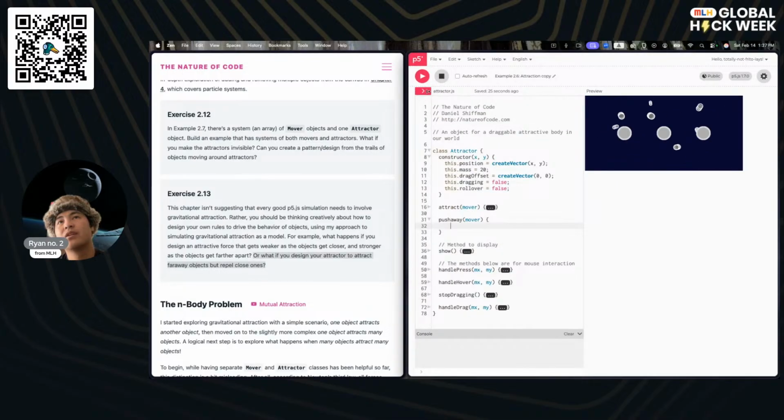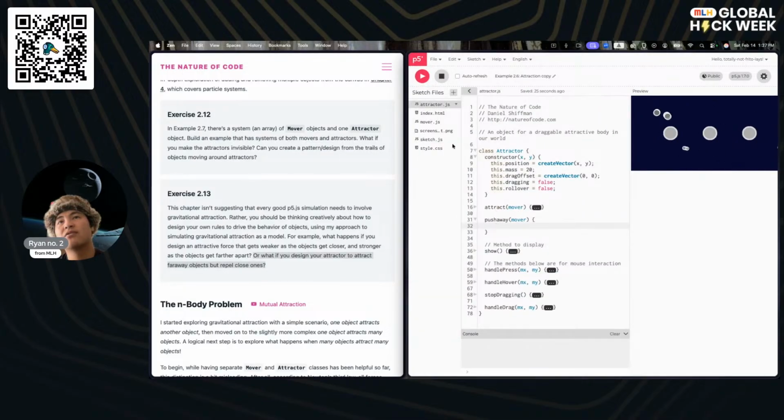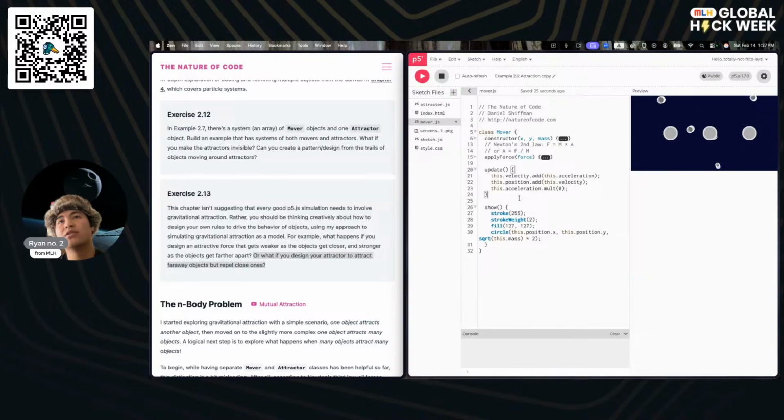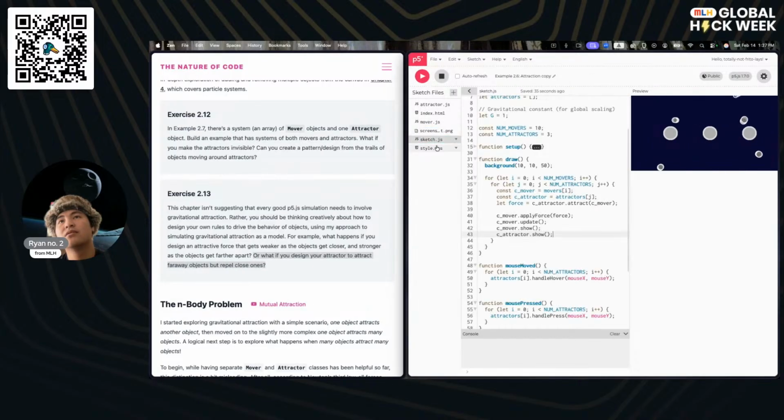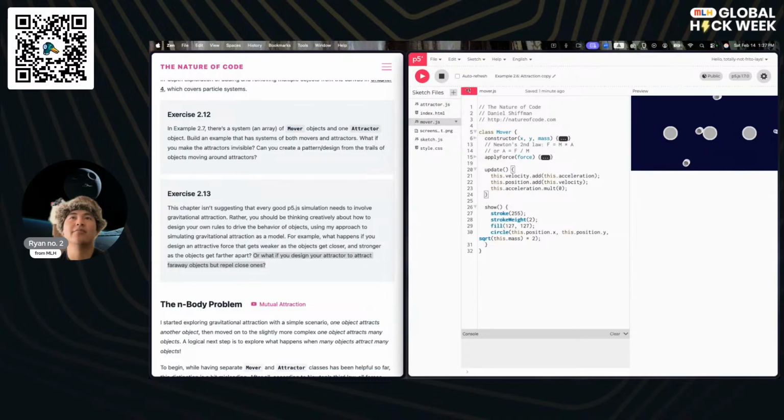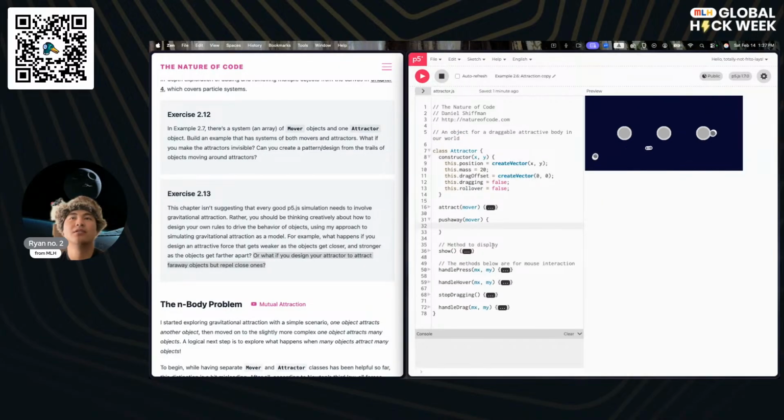No. Let's look at where attract is being called. It's not in mover. Attractor dot attract. Okay, I think we should actually put the logic inside attractor then, for wherever we call the push away.